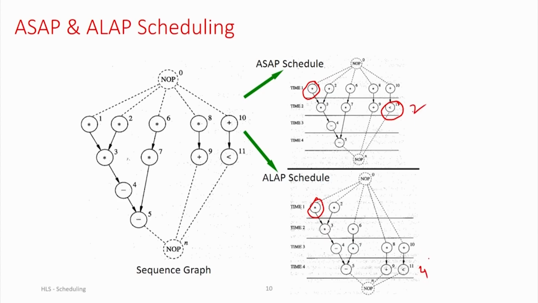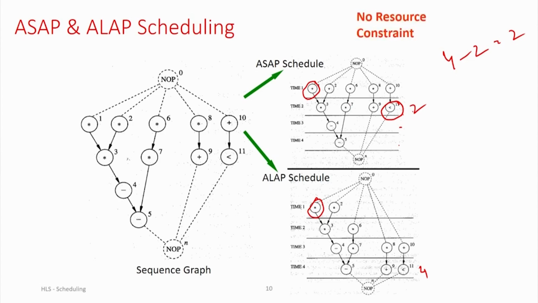So, the mobility of 4 minus 2 is 2, right. The mobility is the range of time steps where you can actually schedule this particular operation. For example, here V11 can be scheduled here, here or here, right. This is the range from time step 2 to time step 4. So, from this ASAP and ALAP, we just defined, from that you can actually calculate the mobility of each